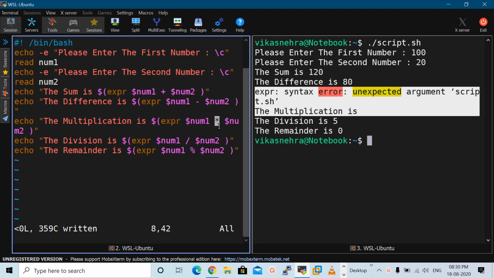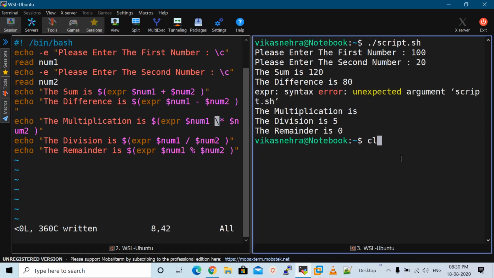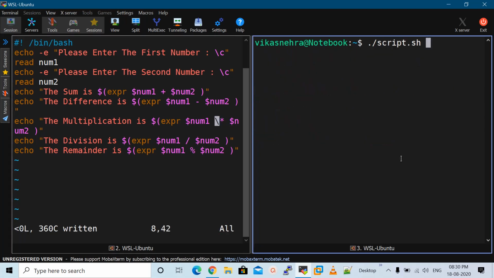So for this issue we can mention the forward slash here before the asterisk in the operation and save the script again, and we will again execute it and check whether we are getting the error or not.